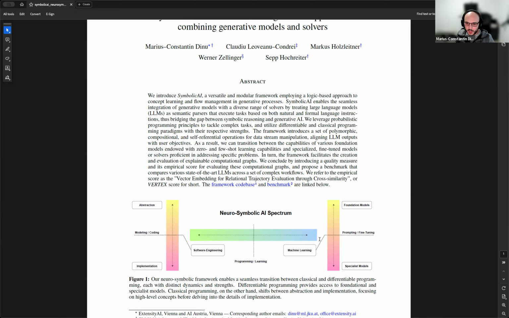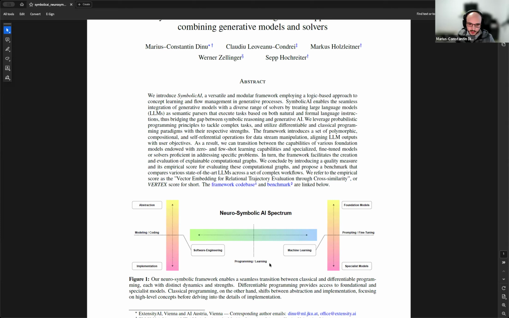How can we capture all of that in a framework that can easily migrate between these realms, specifically between different foundation models or specialist models tuned for a task, and, in contrast in software engineering, between abstraction and the actual